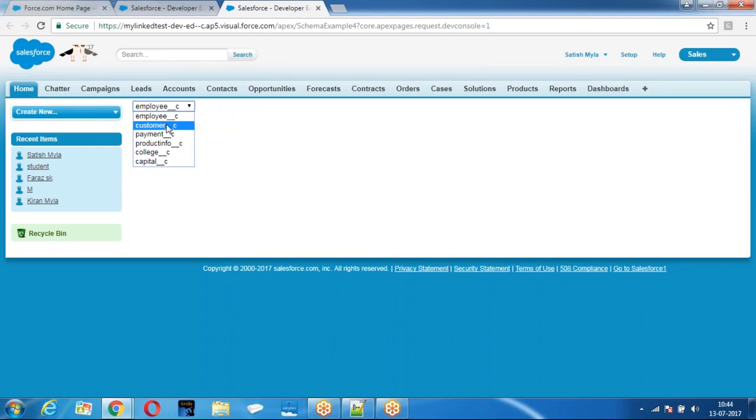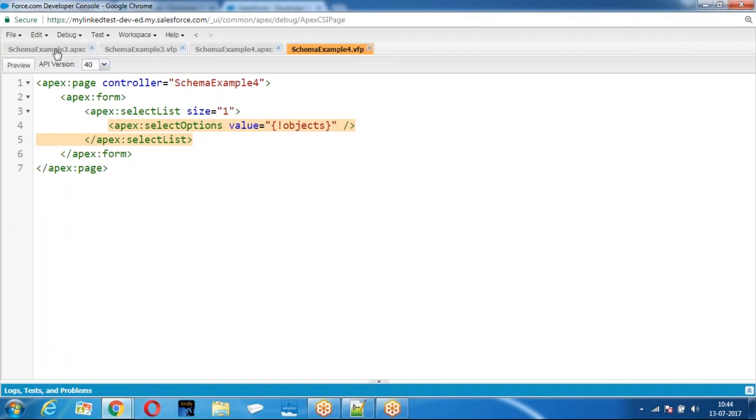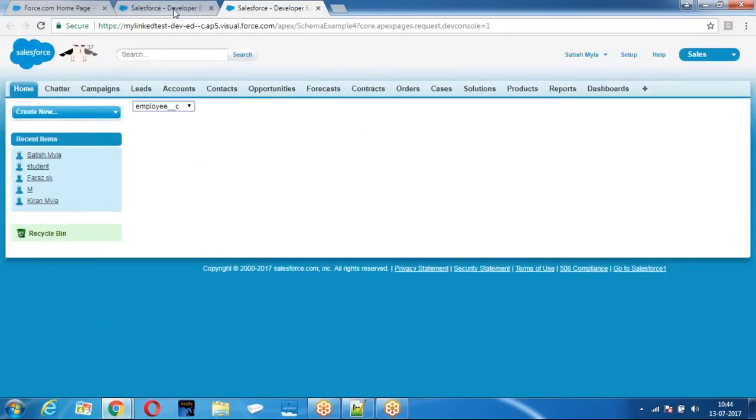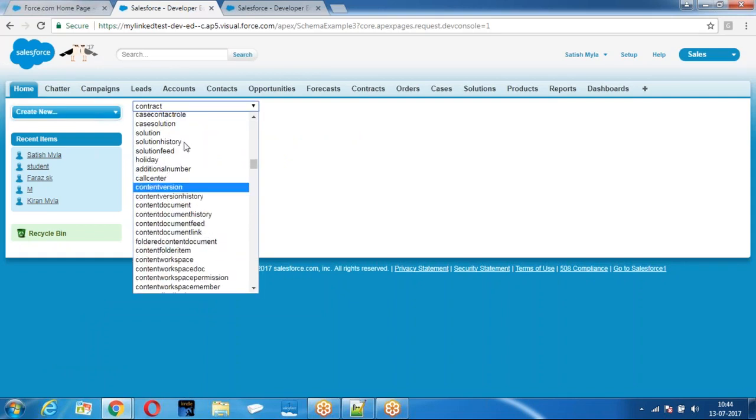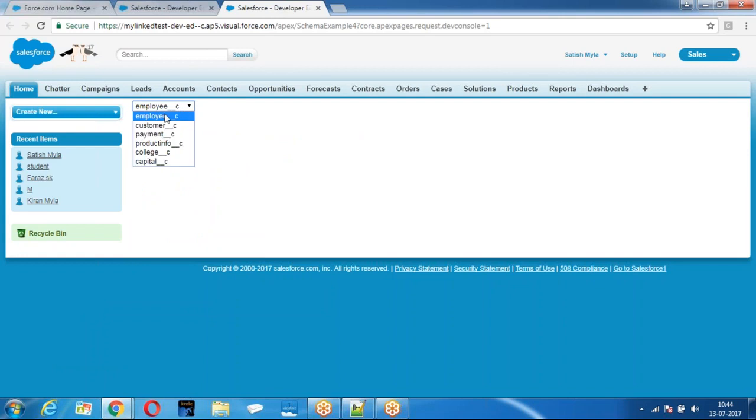Only employee, customer, payment. If you look at the previous example, you were able to see the list of standard objects as well as custom objects. In the current example, we are able to get only custom objects.